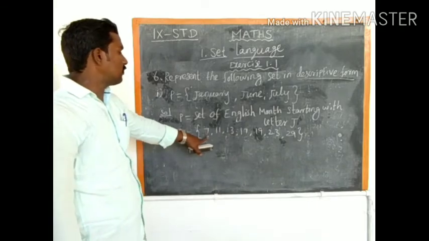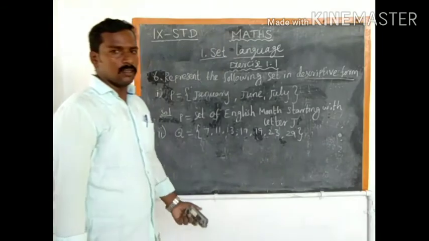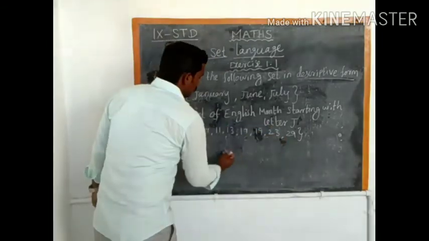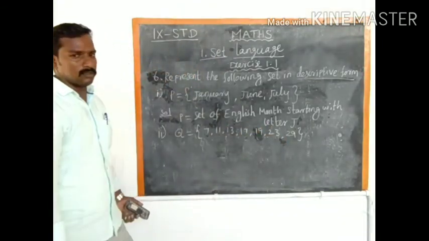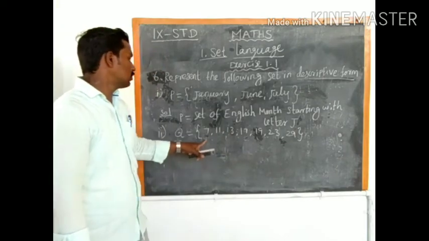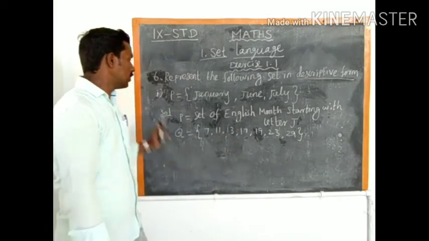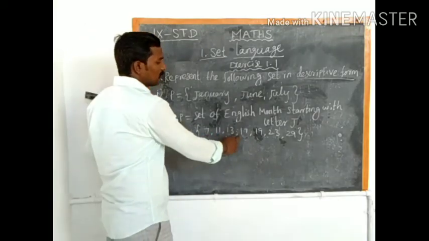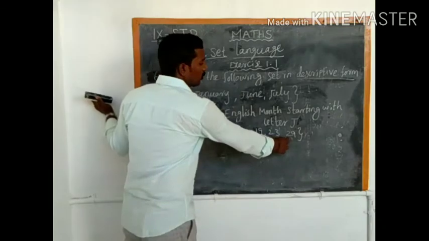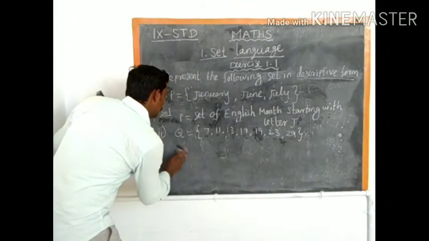Q is equal to 7, 11, 13, 17, 19, 23, 29. So observe all the numbers. These are all prime numbers. We know that these are all prime numbers, so these numbers are divisible only by 1 and itself. So 7, 11, 13, 17, 19, 23, 29. Okay. Here also we obtain one result. Q is equal to,